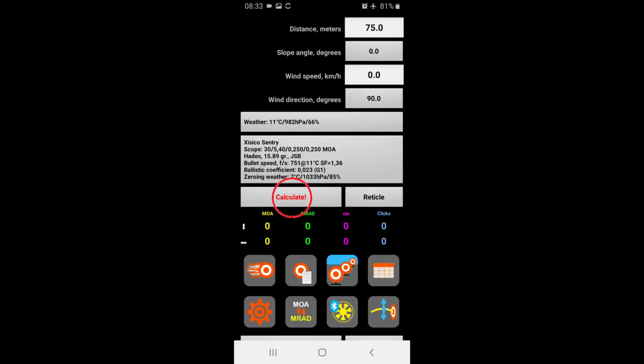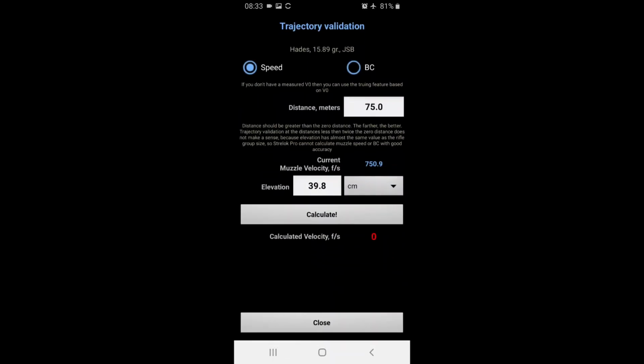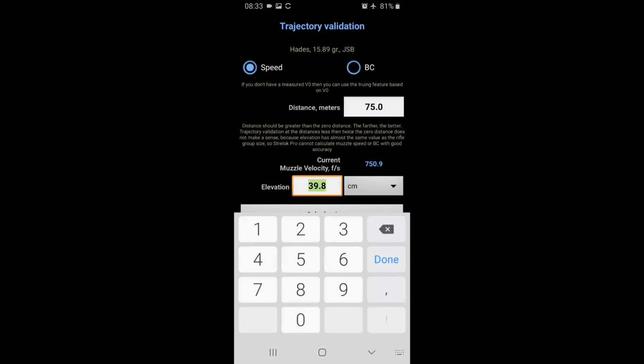So when we calculate at this known distance, it actually shows right off the bat we should have a 40 centimeter bullet drop. I'm supposed to aim 40 centimeters higher at this distance. So now we are going to go down at the bottom right, and this is our trajectory validation page. At 75 meters, we did not have a 39.8 centimeter drop. We actually had a 29.2. So I'm just going to say it's actually